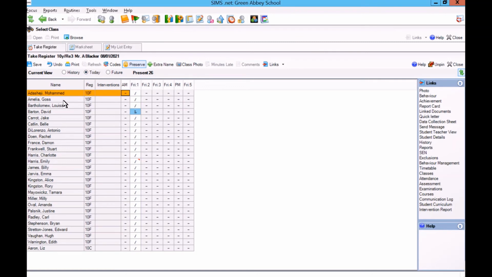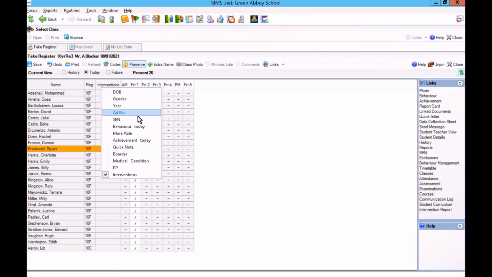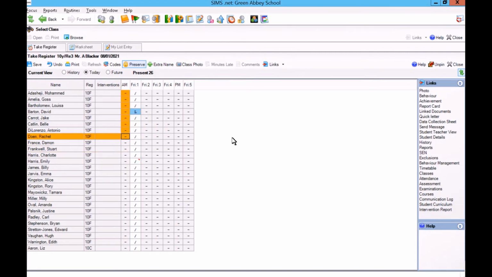Another good thing is when you're on the register, if you've got a student highlighted, you can then go to their details or the timetable, courses, whatever it might be, from the links on the right hand side, and you can also add behaviour and achievement points, but that's going to be for another video, so pay attention to that. The other thing here is you've got things like more able you can add, as I was saying before, when you right click and add things to your register. So that's the basic general taking of the register. You obviously save that,